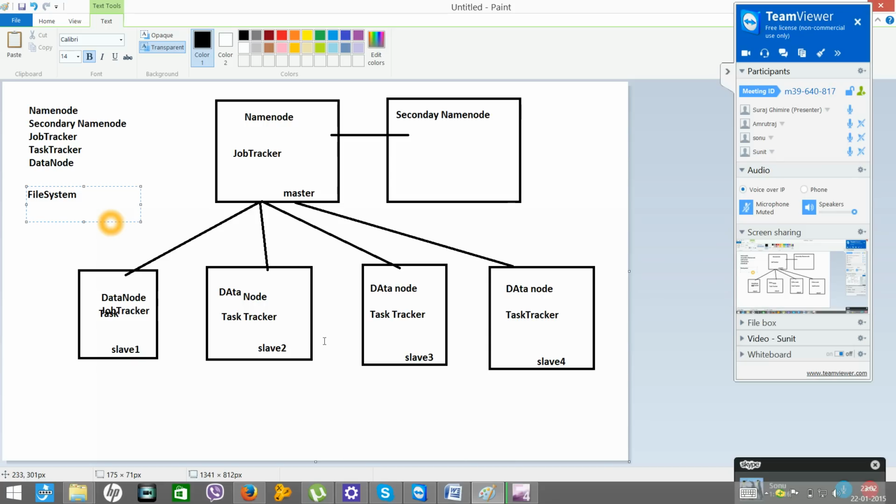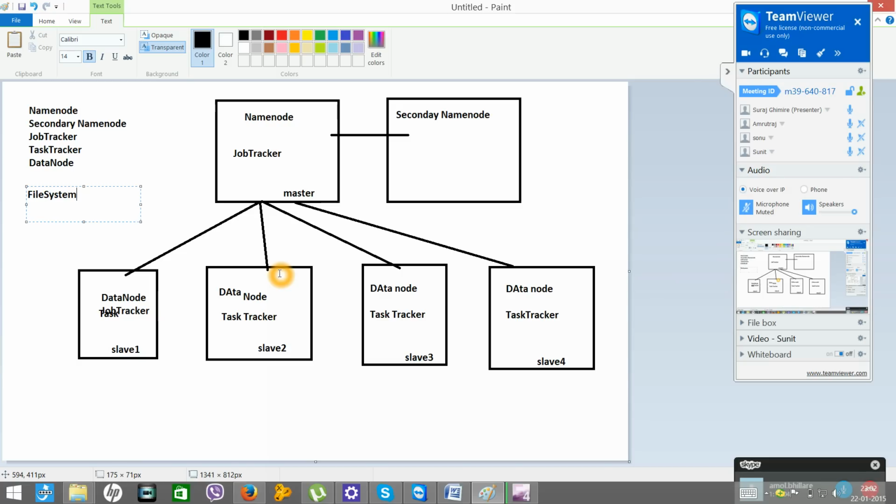Now, are all the systems Windows machines or Linux boxes?